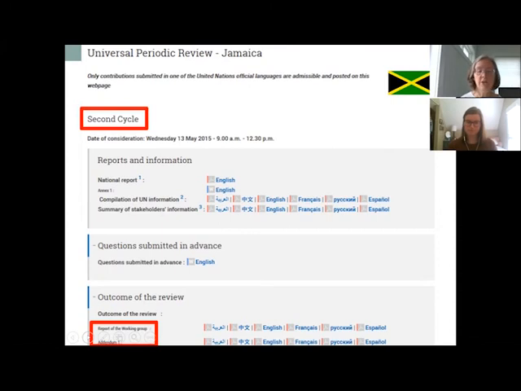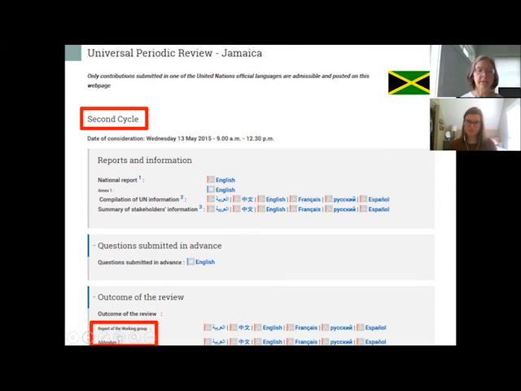If you scroll down, the report of the working group will include a list of all of the recommendations that were made. It will also include a summary of the interactive dialogue more generally, things the state parties said about a variety of issues during that interactive dialogue. That can be really helpful to assess what did your government say about the death penalty during the last UPR? What was the position that they presented formally to the Human Rights Council about the death penalty? That might give you ideas of recommendations you'd want to make in the future.